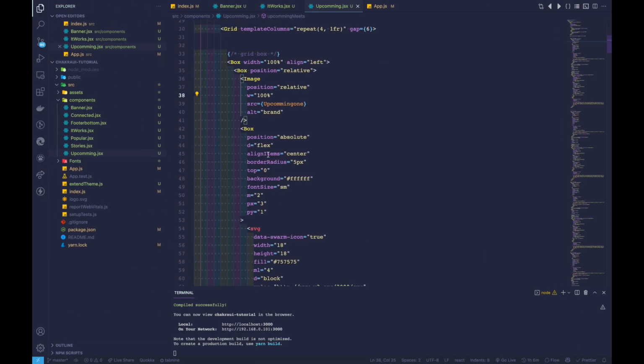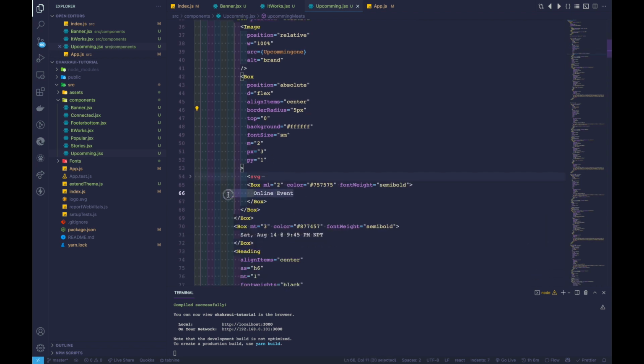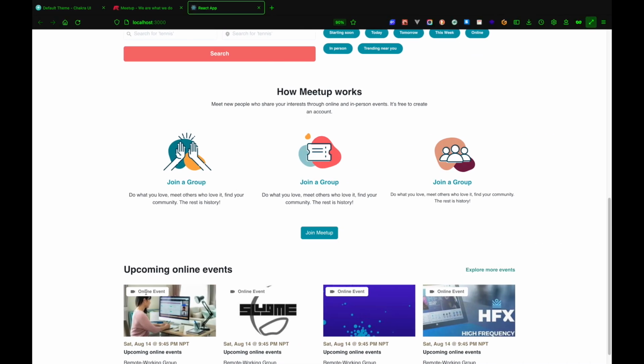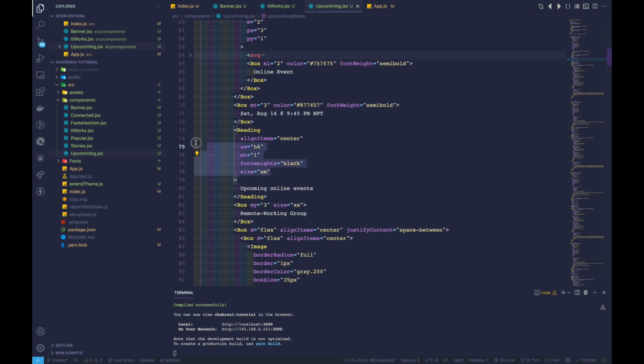And we have a flex display, align items center, border radius of 5, background, some font size, margin, and padding X and padding Y. And here we added our SVG of online event, so it would be this particular small guy here. And we added some box for our dates, gave it a color, width, and margin top, and heading with